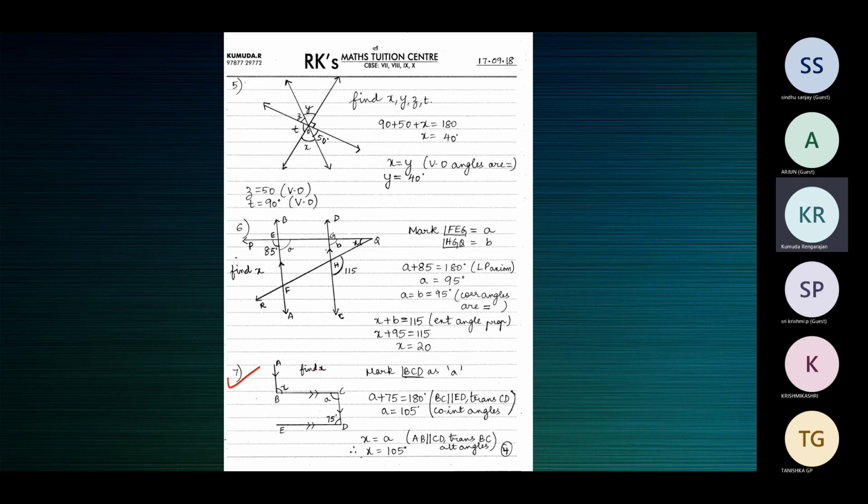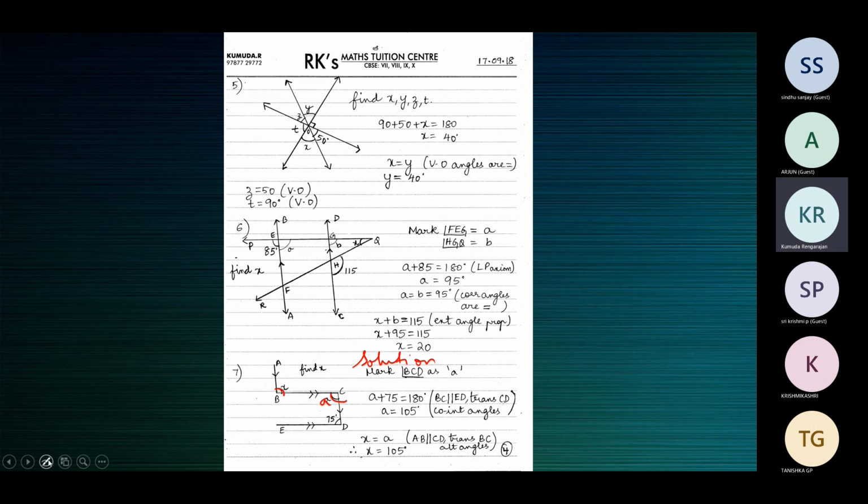So given this figure, you need to find the value of x. See here, x is out here. Now this A is not marked. See here, I've given in the solution, mark angle BCD as A. So I have marked angle BCD as A. The figure is given to you and this angle is marked X and we need to find the value of X. Now in the solution, when you start the solution, you mark angle BCD as A or any other letter like